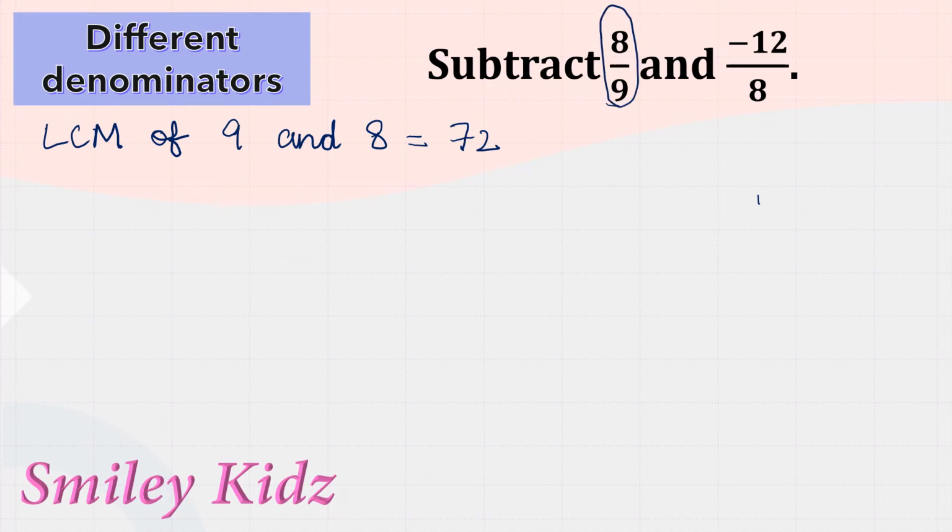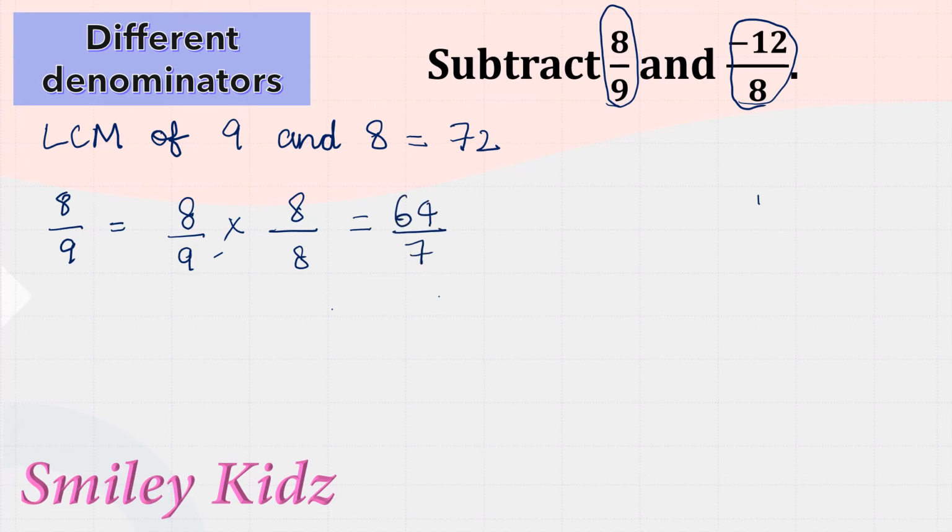Now let's convert these two rational numbers into their equivalent rational numbers. 8 by 9 is equal to 8 by 9 multiplied by 8 by 8, which is equal to 64 by 72. Minus 12 by 8 is equal to minus 12 by 8 multiplied by 9 by 9, which is equal to minus 108 by